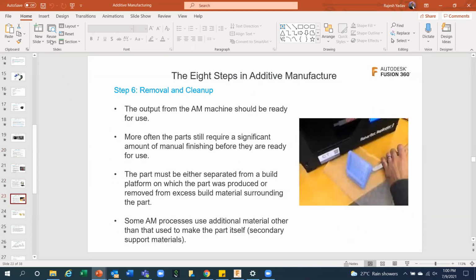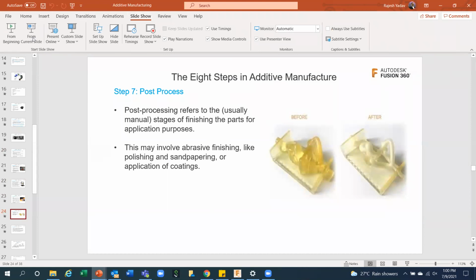And this is the post process, right? Not very much you need to do, but if you are using a material which can be cleaned with any type of chemicals, you can use chemicals also. Otherwise, with 3D printing material, whatever I am using, ABS plastic and PLA, that can be easily rubbed. You can use sandpaper to rub the extra material stock which is available on any side of the product, and you can start using the product.